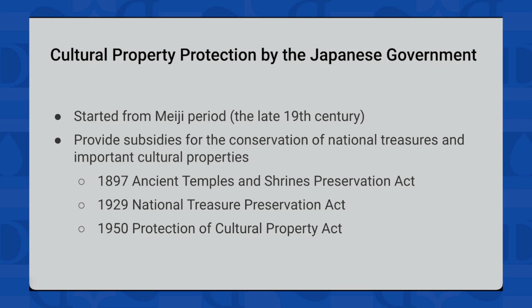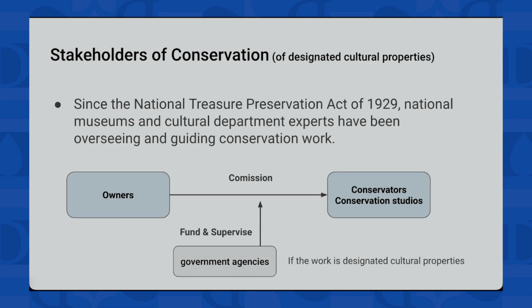The Ancient Temples and Shrines Preservation Act, issued in 1897, enabled grants for conserving cultural properties designated as national treasures. Since then, the conservation of designated cultural properties, national treasures, and important cultural properties has been conducted mainly through the